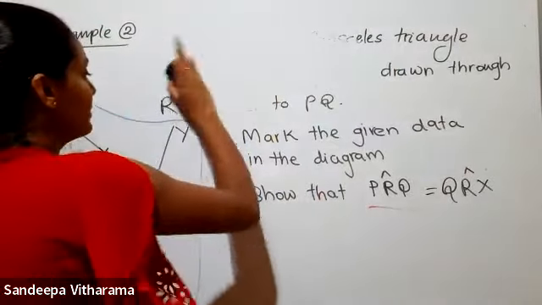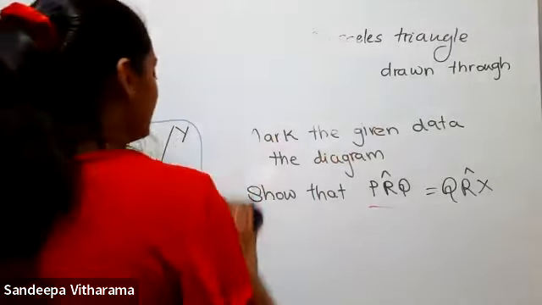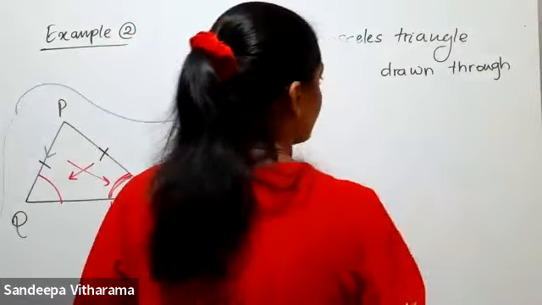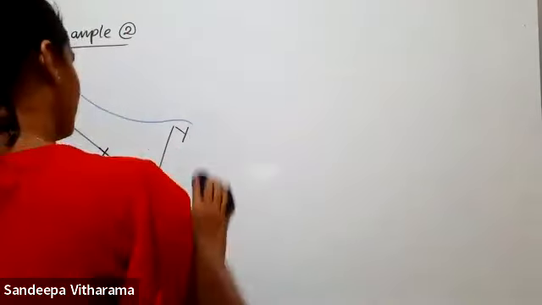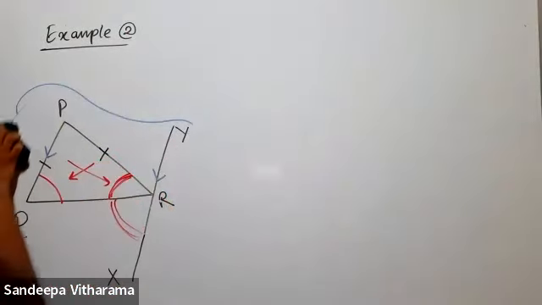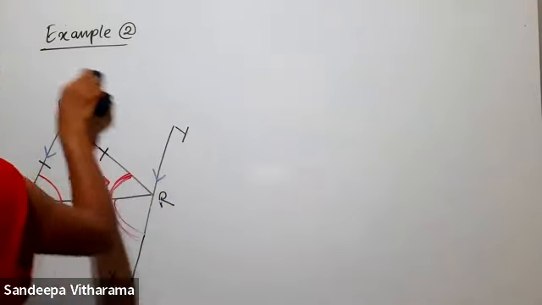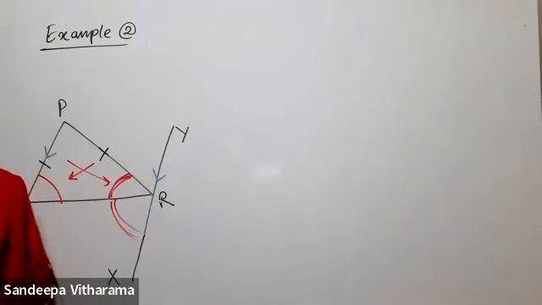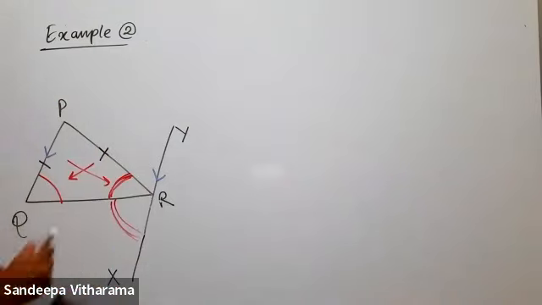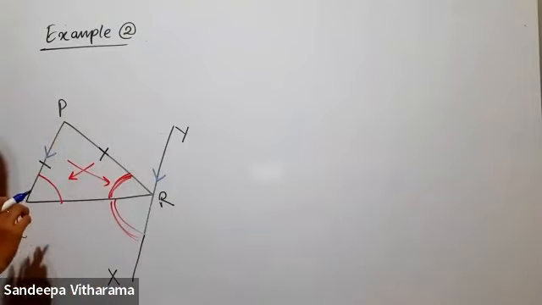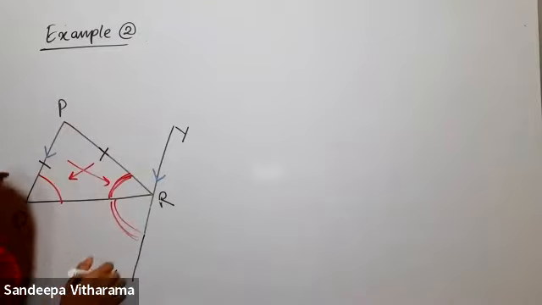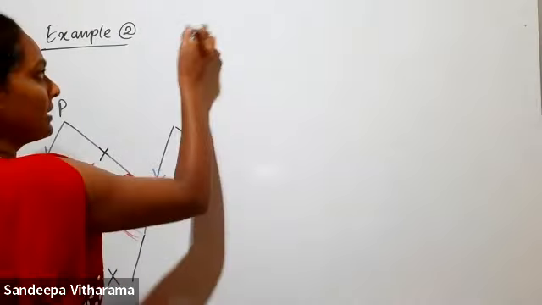Now we have finished marking all the given data in the diagram. Okay, now let's move to the proof. Remember that always when you are given parallel straight lines, you can take the help of the relationship between alternate angles, alike angles, or corresponding angles. Now, as it is given that PQR is an isosceles triangle, the angles opposite to the equal sides are equal. Therefore, we can write that in the